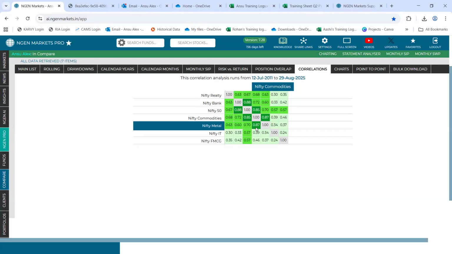Correlation will range from -1 to +1. The closer it is to +1, the stronger is the correlation. And on our platform, we calculate these correlations on a daily basis. So you can see that for a year, we have 260 data points to calculate these correlations. Hence, you can be assured of the accuracy of the data that you see on our system.